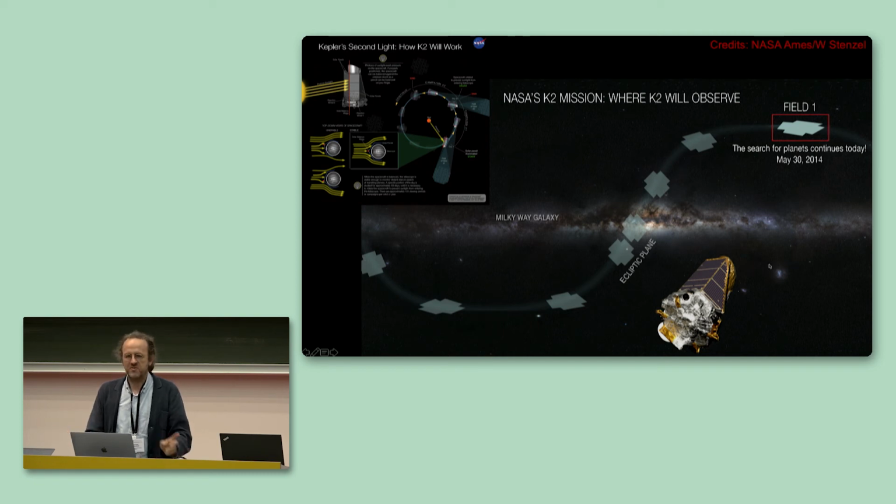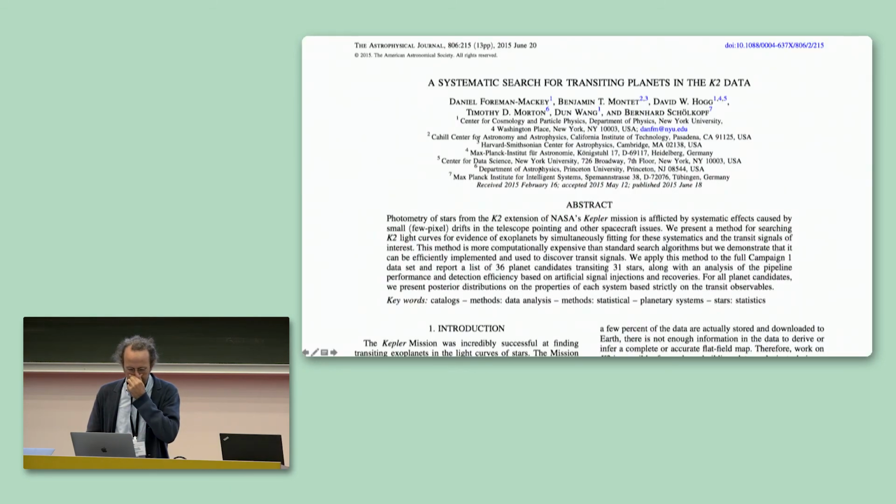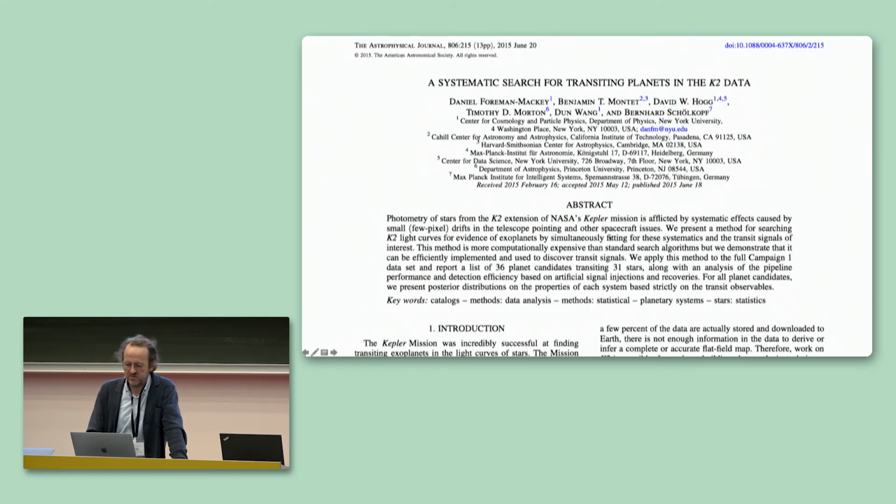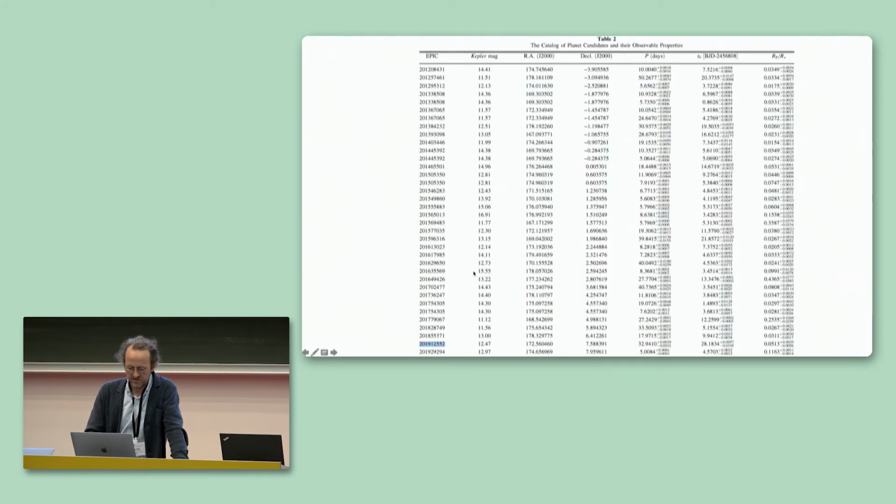Control was not so good anymore, but that was good for us because we knew we had a good method to deal with noise. So we immediately looked at the data and produced a set of planet candidates. I should say the model was a little bit more sophisticated than what I just showed, in that it was not just fitting the noise in terms of the other stars, but in addition fitting a transit shape. So we came up with a set of around 30 candidates, one of them down here.